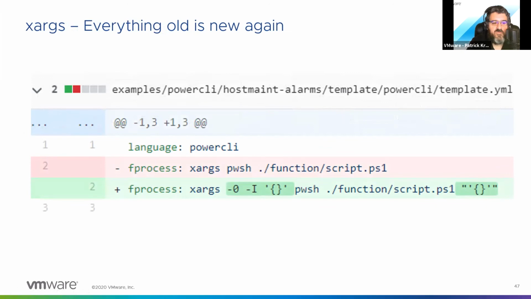This is a modern Kubernetes app, right? And the symptom of this problem was that anytime the vCenter cluster name had a space and a hyphen in it, this function would blow up, right? It would have a meltdown. And in the end, what's actually happening? Well, you see xargs, pwsh, and a PowerShell function. So what's happening is PowerShell for Linux is being invoked and it's being passed a function name, and then it's being passed a JSON payload that contains the cluster name.